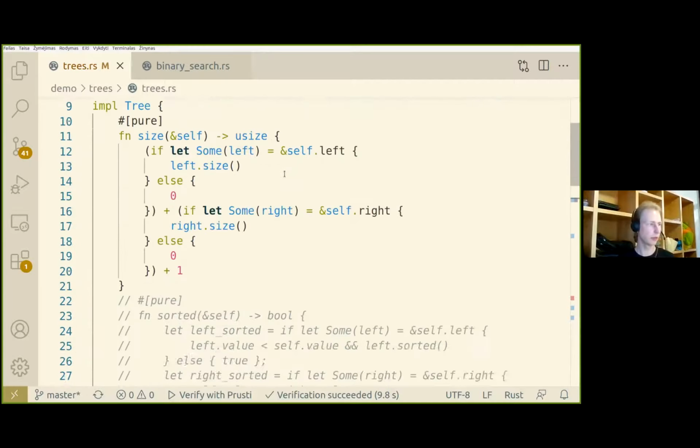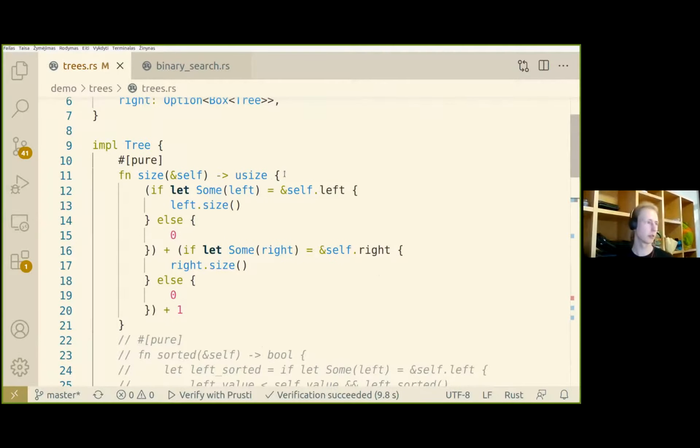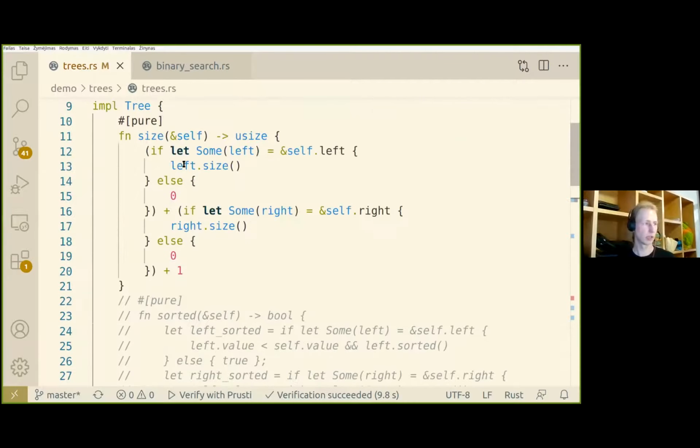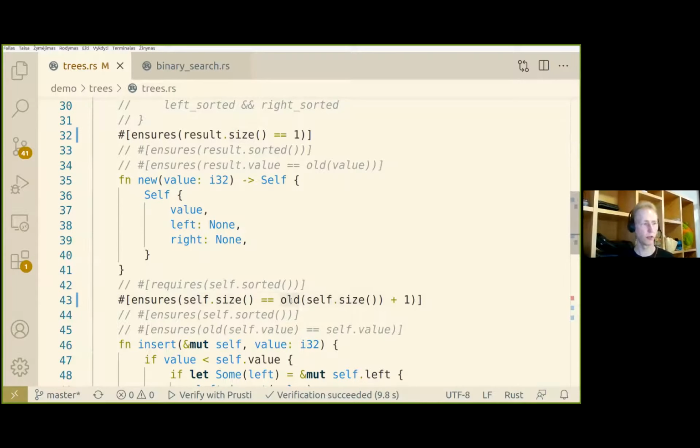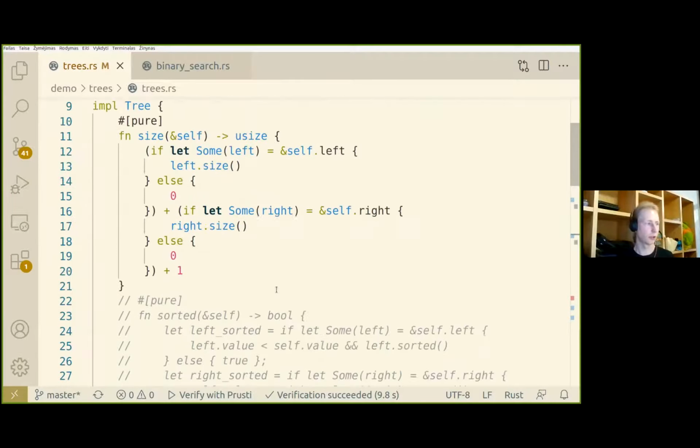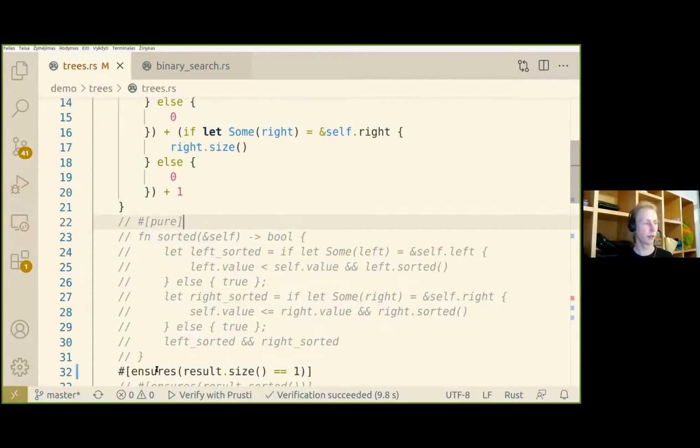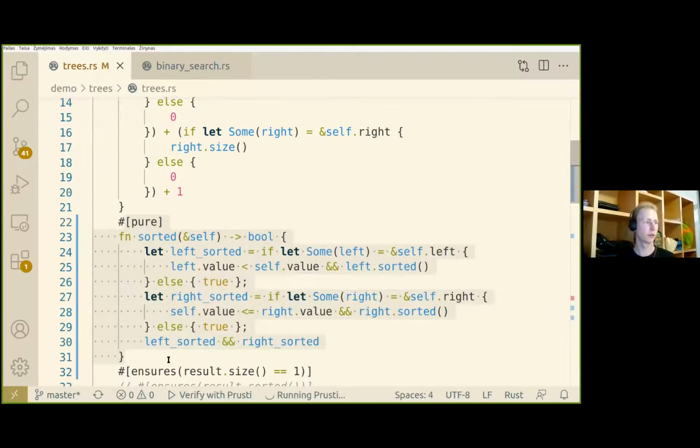As you can see, all specification so far is mostly Rust expressions, Rust potentially recursive functions, and the old modifier that allows me to talk about the pre-state for mutable references. Recursive data structures like trees are nice in a sense that I can actually express even more complicated properties in the same way. For example, I can also, just by using recursive functions,